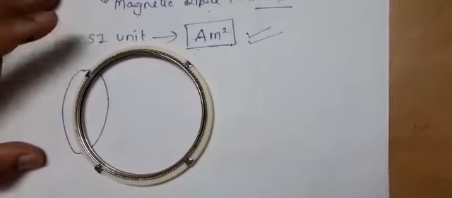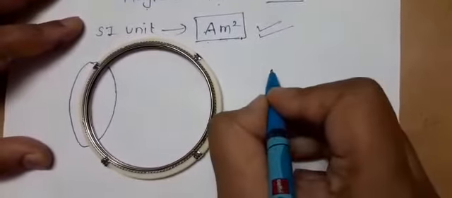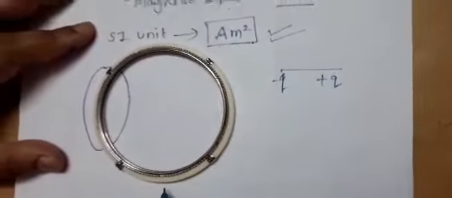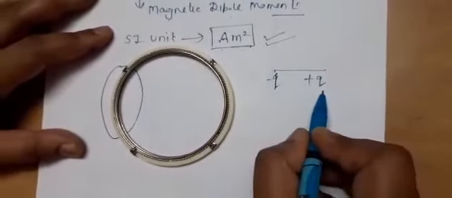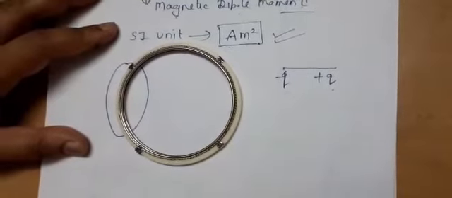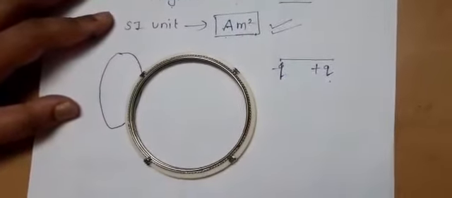Now see, as I have introduced the concept of magnetic dipole moment. See, electric dipole moment, what was this? As a dipole consists of equal and opposite charges separated by certain distance, their product, charge multiplied by separation distance, was electric dipole moment. So how is there a concept of magnetic dipole moment introduced here? As we are talking about these loops, circular loops in which current is flowing.